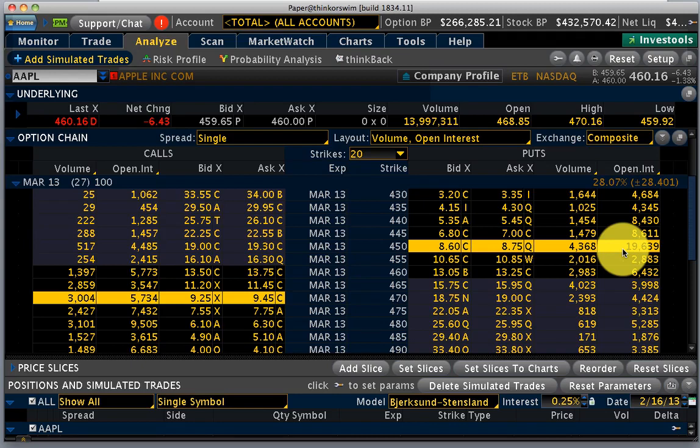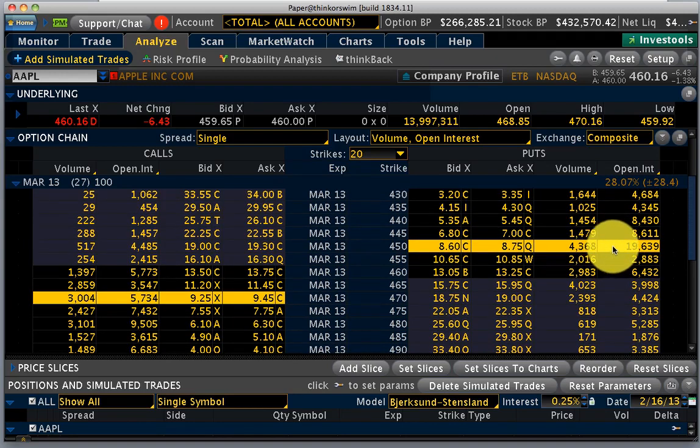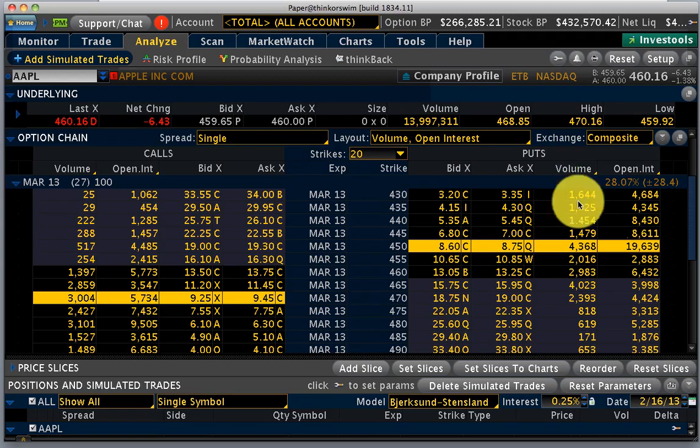So whenever you have high levels of open interest, it's always a good sign, because you know that you're going to see a lot of liquidity. Now, in addition to that, whenever you see a large number like this, this is certainly a large number, because you can see that everywhere it's 2,000, 3,000, 4,000, 1,000, things like that. But when you see a large number of open interest, 19,000, you know that big players are betting that Apple